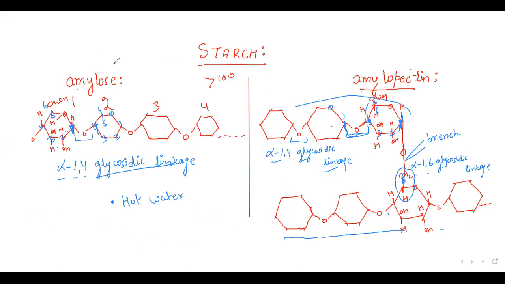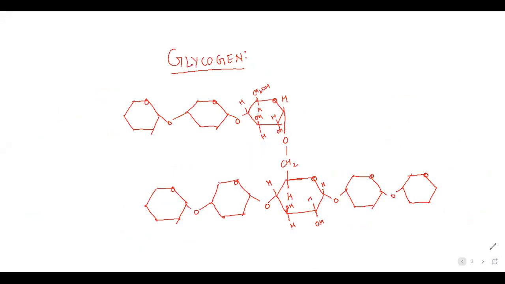Now, there is a test for the difference between starch and glycogen. First of all, let me discuss what glycogen is, and then we'll study the chemical test that can differentiate between starch and glycogen. So here we have the structure of glycogen. Again, this glycogen is made up of repeated units of alpha glucose. The difference between starch and glycogen is that glycogen is a very, very complex